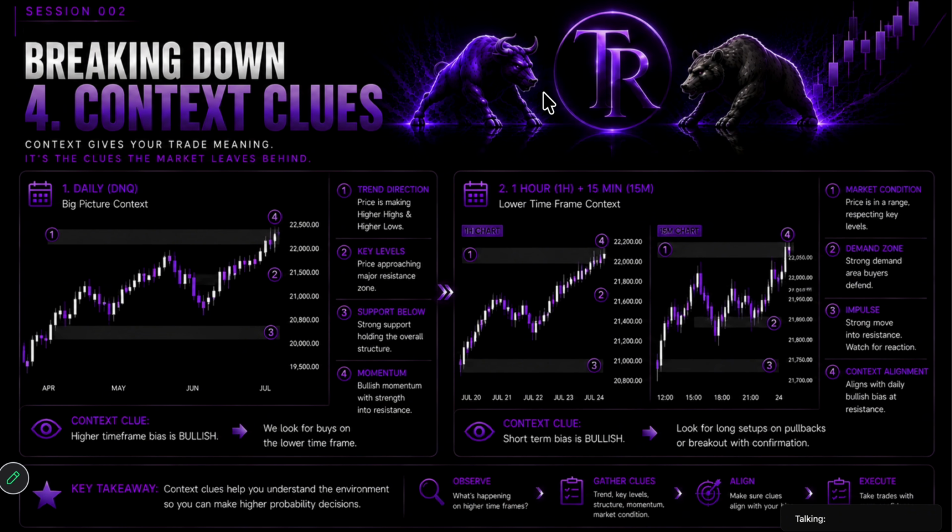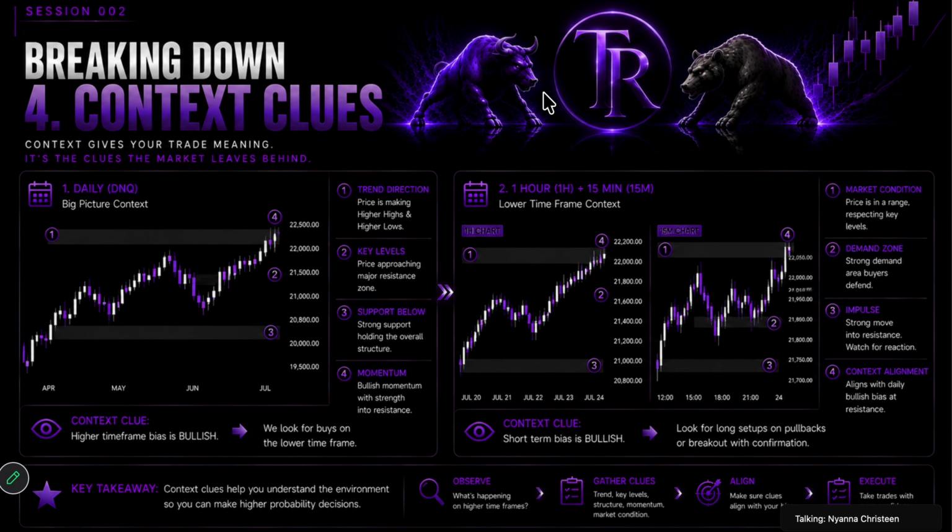Anyways, once we have our market structure, once we have our key levels, now we put it all together and add our context clues, which basically is telling us what is the environment today. When I talk about flights and stuff like that, when I talk about the strategy,